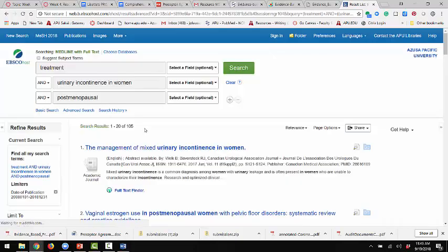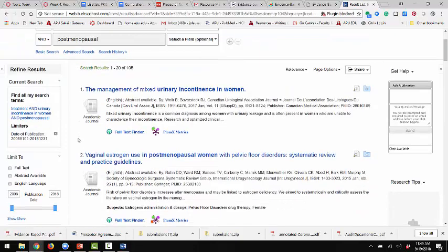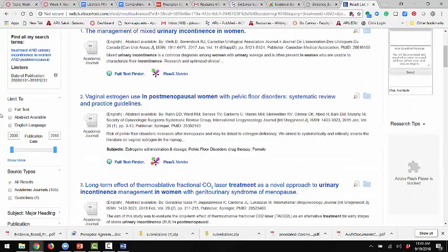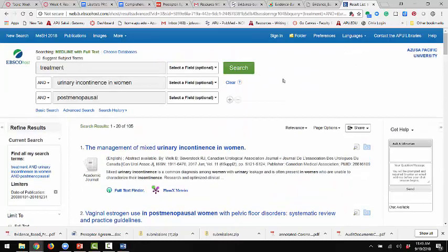And then we see we get 105. So we're getting it down there. And then we can filter a little bit more. You never want to click full text on here because this is the APU database, Medline database, and it has